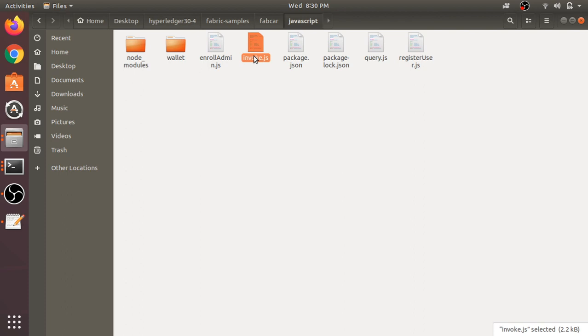By running the invoke.js file, we can create a new car in our ledger. All the remaining 4 functions are called from query.js. That is how they are given in the downloaded Fabric itself.